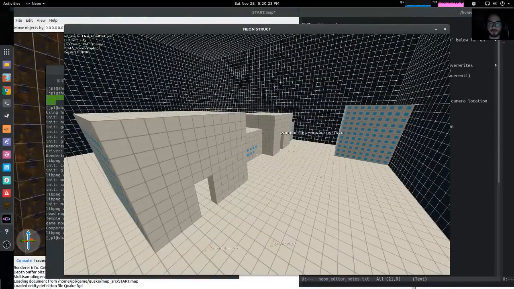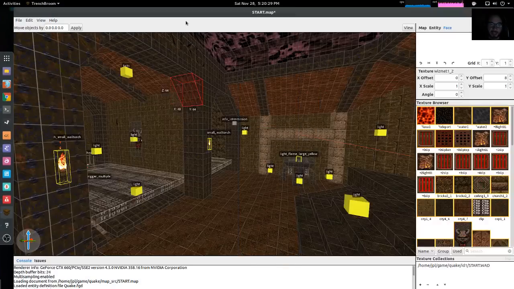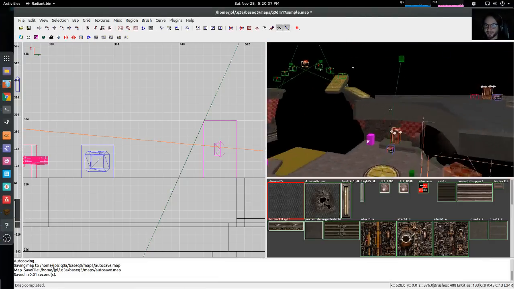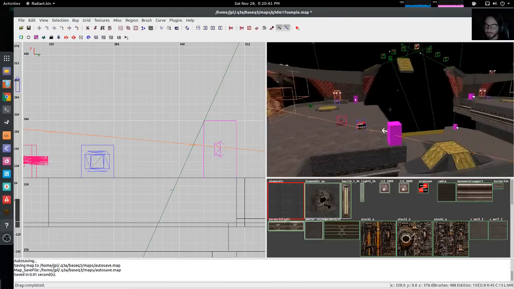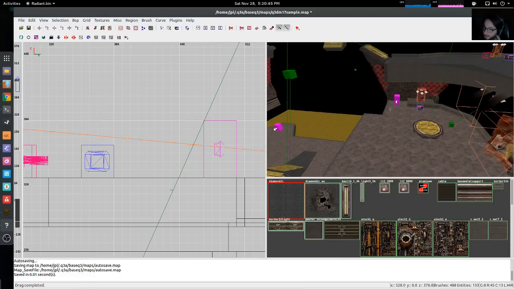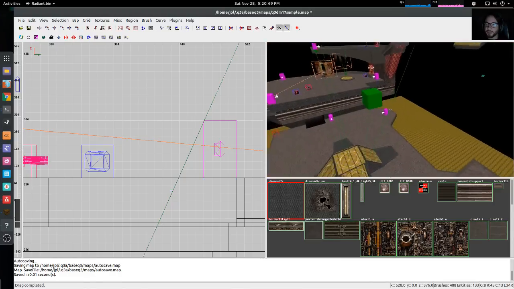I might jump from this into some other 3D editors, because Neon is kind of tackling a lot of the same problem. Many 3D level editing programs have come along to let people edit true 3D spaces before, and I thought I'd jump into some of those. I don't have Unreal Ed on this machine. I'm in Linux right now, and I don't have Unreal Ed 4 running, but I figured I'd jump into the